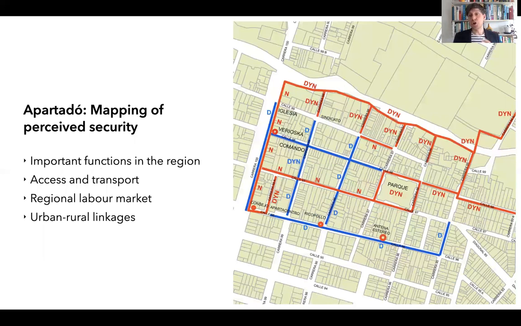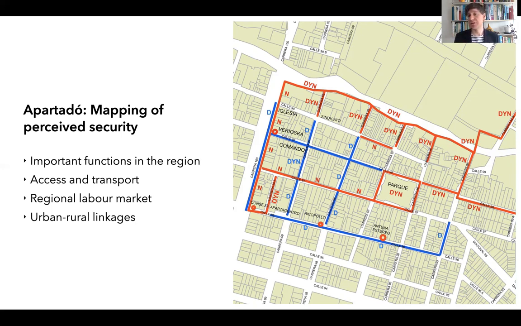So once again, I'm showing some quite complicated maps, but most things you can also do much simpler to have a similar effect. This is what I showed you the other week. Security is also a social issue. A quite simple mapping of the security survey that we did as a workshop in the main park of Apartado. I see that the text in this PowerPoint is wrong, so you should not look at that.